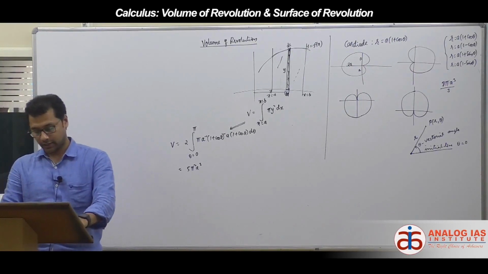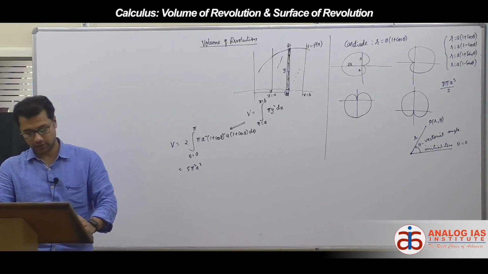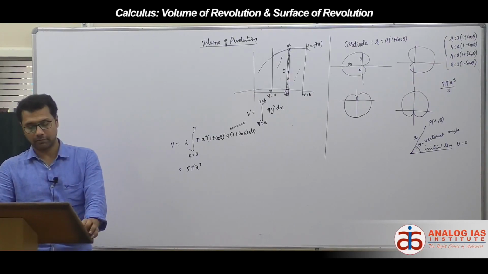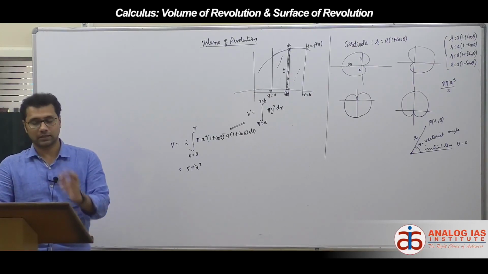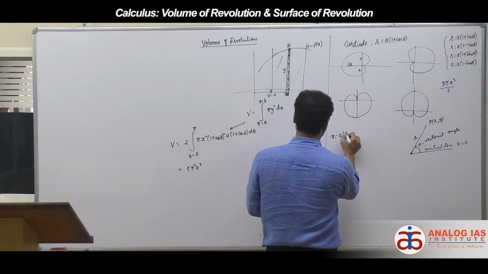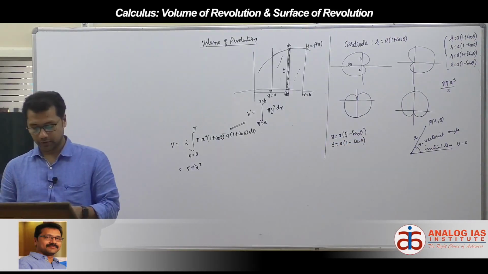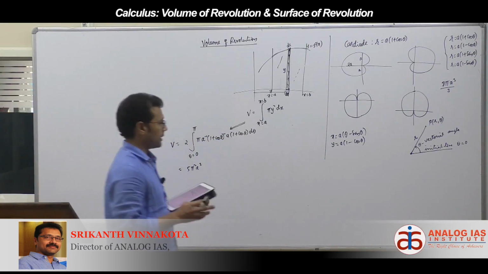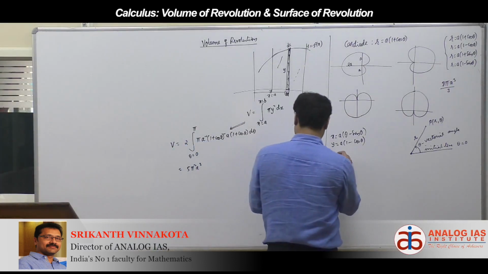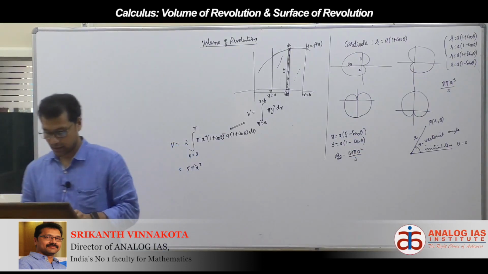Take one last question here. Evaluate the surface area of the solid generated by revolving the cycloid x equal to a into (theta minus sin theta), y equal to a into (1 minus cos theta), about the line y equal to 0. Answer: 64 pi a square by